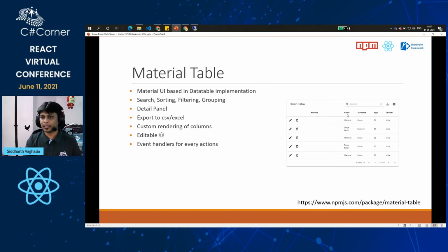Like for example, if the data you are getting from the database, which would be an array, is just the name, but you want to format it before you render it, that is possible. And it is editable, which we will see. And then there is an event handler for each action. It means that on click of edit, you can customize what you want to do. On click of the delete icon, you can customize it. You can write your own code to perform the actual CRUD operations as a part of it.